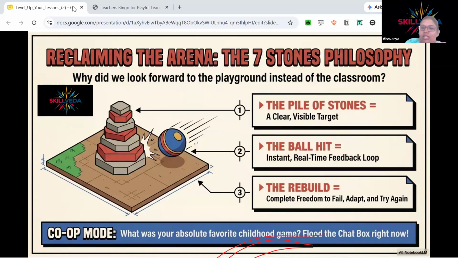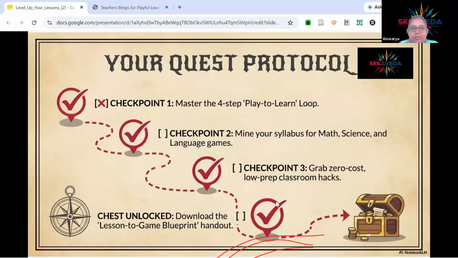To make sure your journey today is structured and purposeful, I have set an agenda map. So this is going to be your agenda map. Target 1, we are going to master a simple school-level framework called a play-to-learn loop. No heavy university psychology theories. I'm going to give you some practical steps, and we will walk through